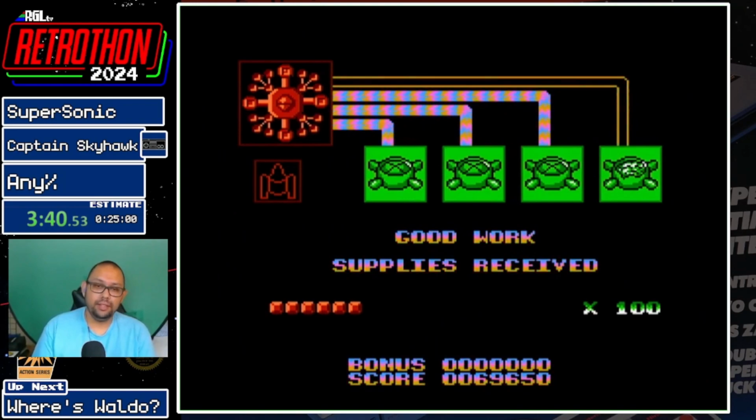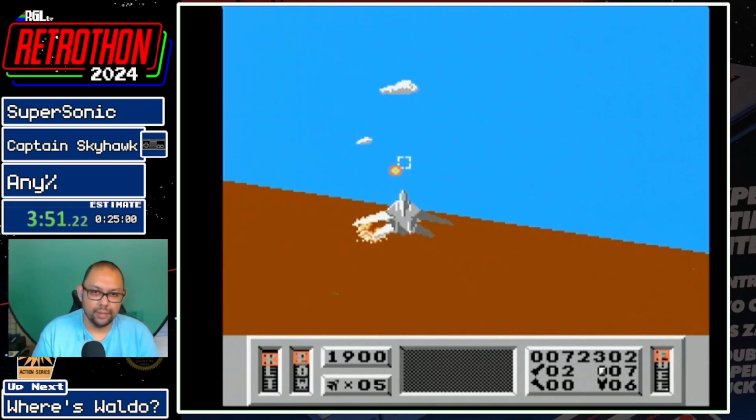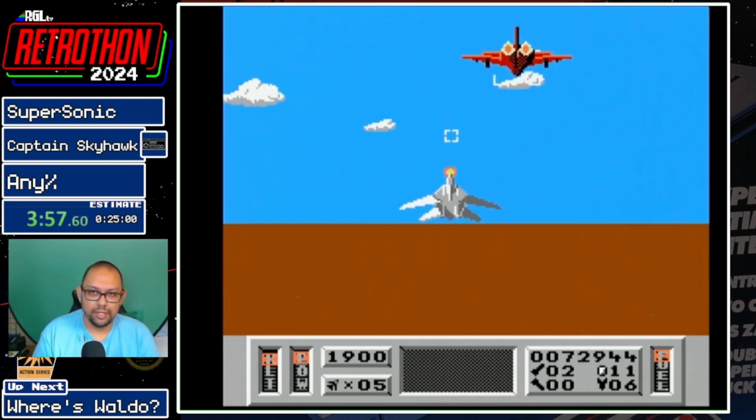If I didn't do that, then yeah, it would continuously loop. If you end up getting the first one but miss the second one, then it's going to close down the first one because we already dropped the cargo for that, and then it'll keep the second one open, and vice versa. So now we got our second Top Gun style mission,